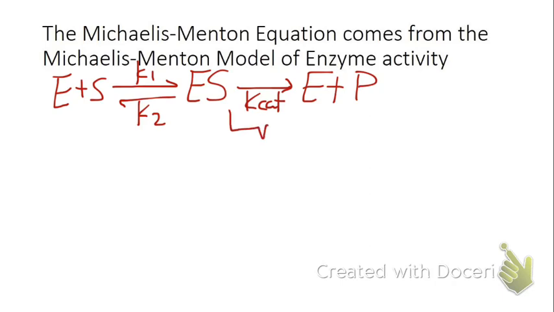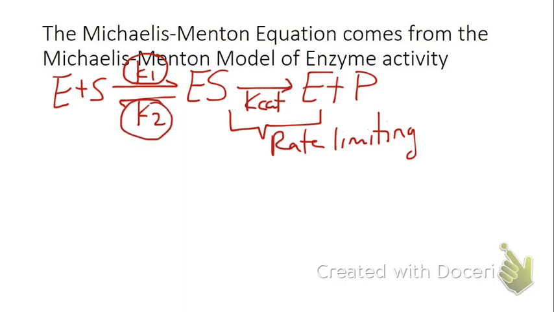This step is the rate-limiting step of an enzymatic reaction. So we are going to assume the rate of formation is the same as the rate of breakdown. So the rate of formation of ES is the same as the rate of breakdown of ES. When we look at those reaction equations,